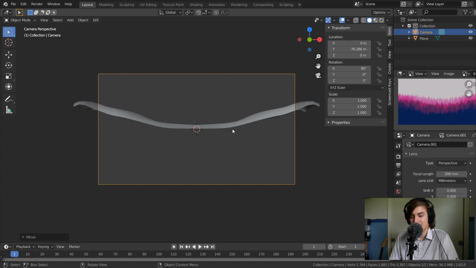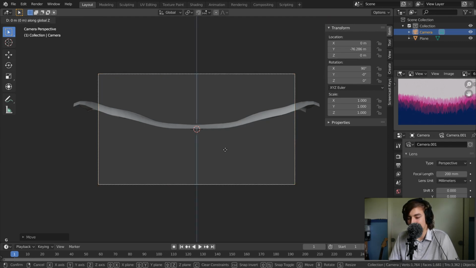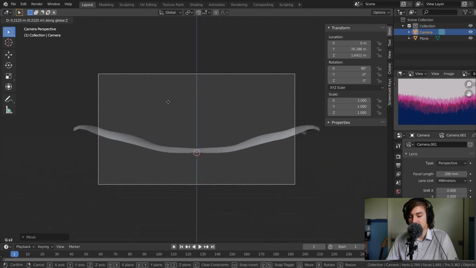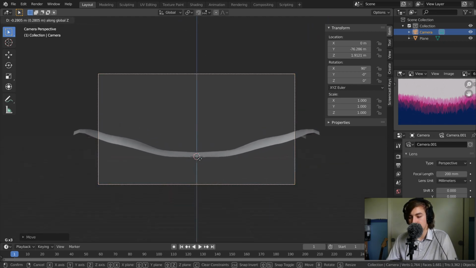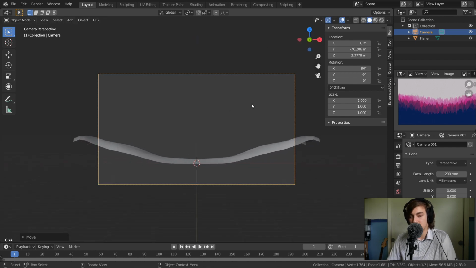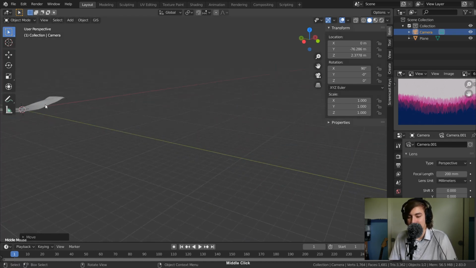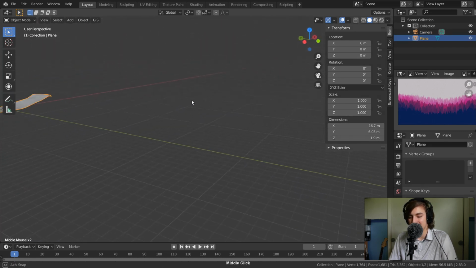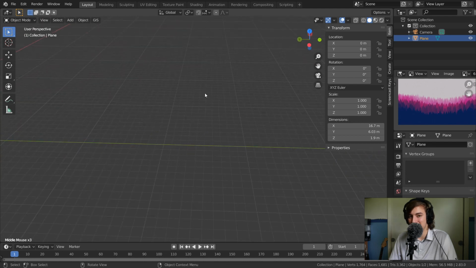we're looking for. The last thing I'm going to do is press G and then Z, grab on the z-axis, and I'm just going to keep doing that until I get this kind of where I want the first trees to spawn. Now, you see our camera is kind of weird,